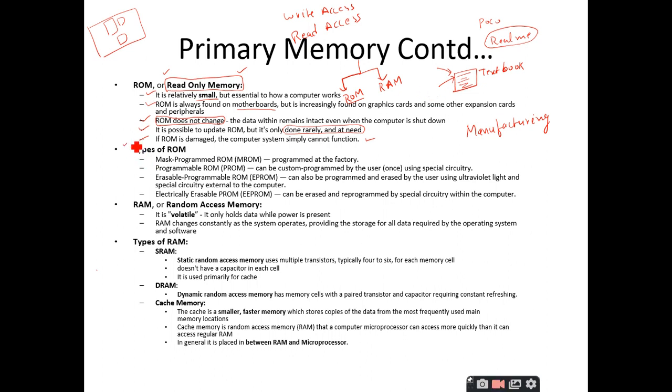And coming to the types of ROM, the first ROM we are going to discuss is the masked ROM, mask programmable ROM, masked ROM, you can simply call it. The short form is MROM. The contents of this MROM are going to be programmed at the factory itself, that means at the manufacturing unit they are going to write the contents. Therefore, we call it the masked ROM, you cannot make changes here.